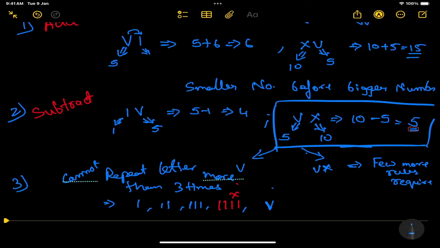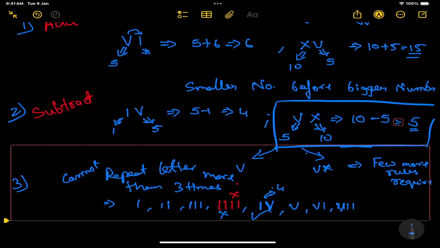If you write 1 before it, what will happen? You will come to rule number 2, smaller number before the bigger number, which gives the value 4, right? So this is not the correct way to write 4. The correct way to write 4 is this. Then you will move towards 5, 6,